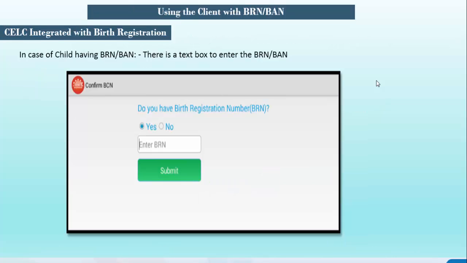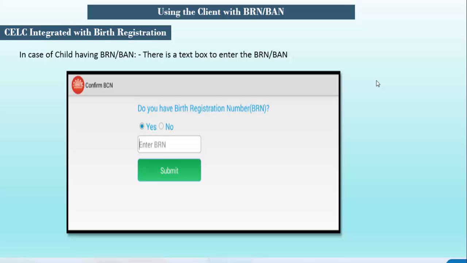Then the client with BRN or BAN integration. We have discussed this in the part 1 video. If the CLC client is integrated with the birth registration department, which is the responsibility of RGI for all the states, we can do the enrollment with the BRN number or BAN number.